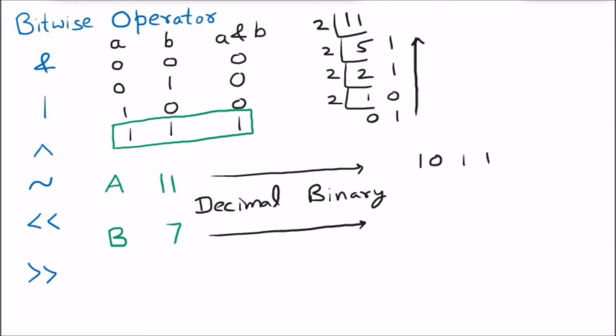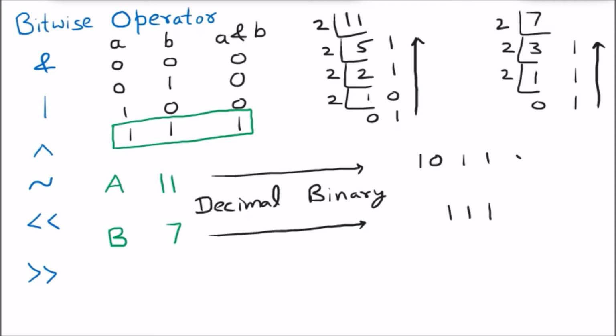Similarly, we are finding the binary equivalent of 7. So 7 is there, 2 3s are 6, remainder is 1, 2 1s are 2, remainder is 1, 2 0 is 0, remainder is 1. So in the reverse order we will write that, 3 ones are there, but in the above example there are 4 digits. So I will add a 0 at the front, so that will not have any impact. Now we have to find out AND